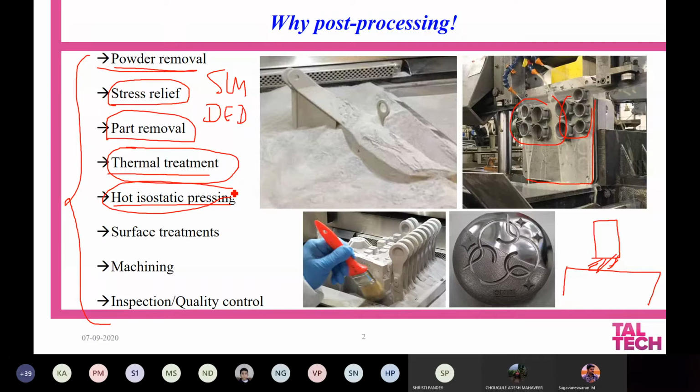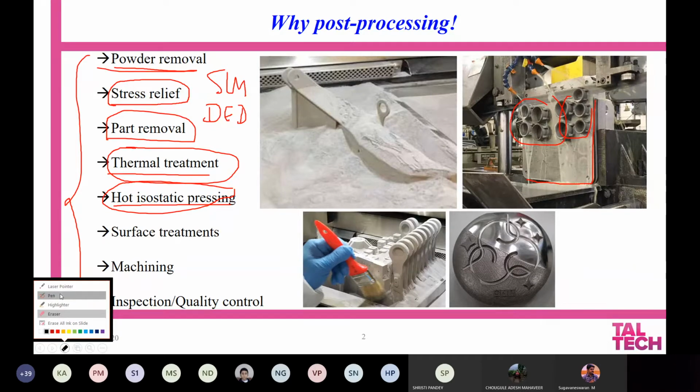Then come the surface treatments, because most of the parts that are produced with additive manufacturing will invariably have some kind of surface roughness. The roughness of the surface depends upon the diameter of the powder which you use, and it also depends upon the layer thickness which you are going to employ.